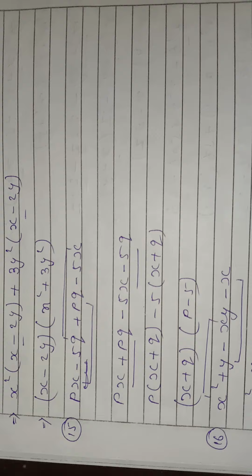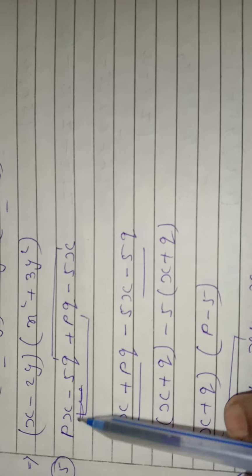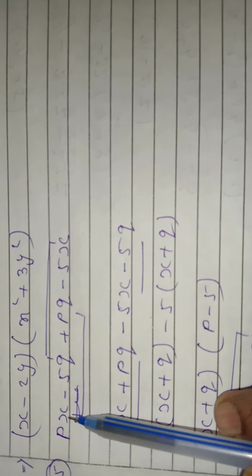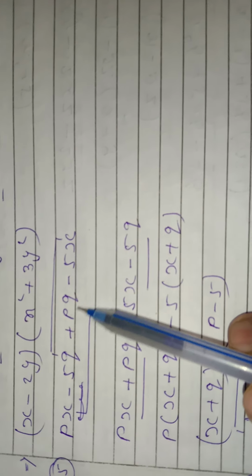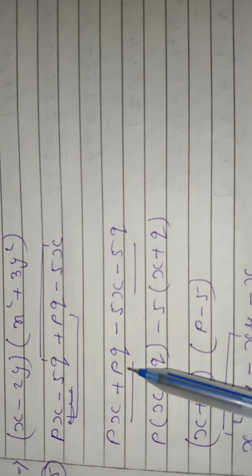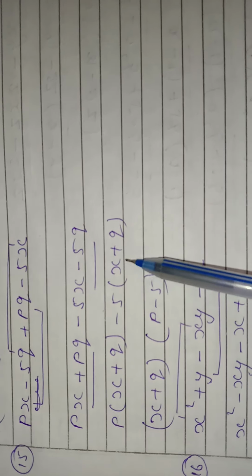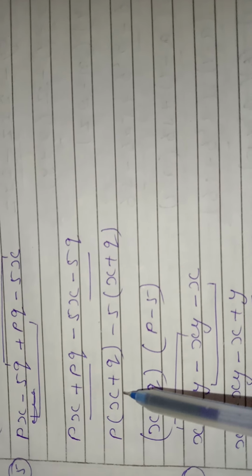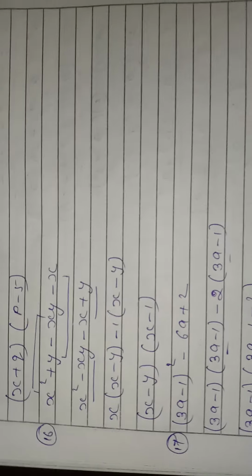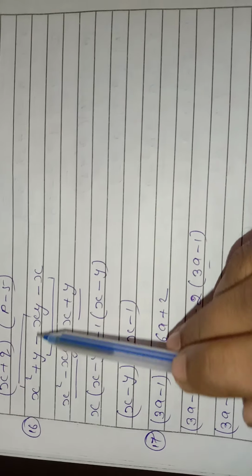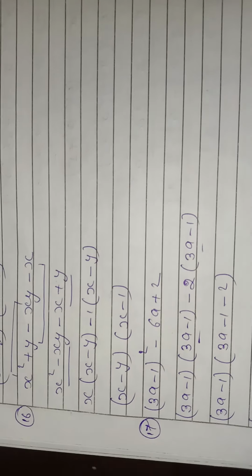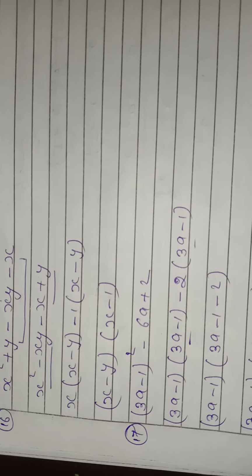See here now, from question number 15. We can't take anything common from these two. So what do we have to do? First number and third number, second number and fourth number. First arrange it and then take it out common, so that we can get this bracket one common on both the sides. Here also you may find it out. First number and third number, second number and fourth number, and after that we have to take it out common. This is called factorization.